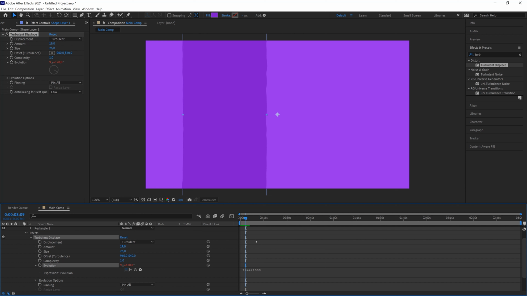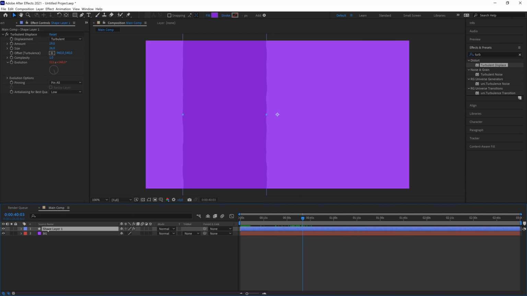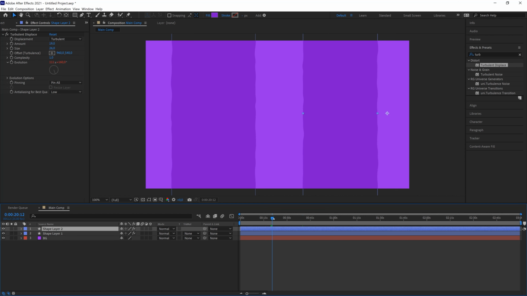background. There is one bug. I think that's a bug of After Effects or a limitation of After Effects. It stops at around 90. We will fix that, but at first I would like to create another shape by Ctrl D. I will make that a little bit smaller. I would like to make it a little bit different than this one. As I told you, it stops around 30 seconds. So I will cut that at 30 seconds.